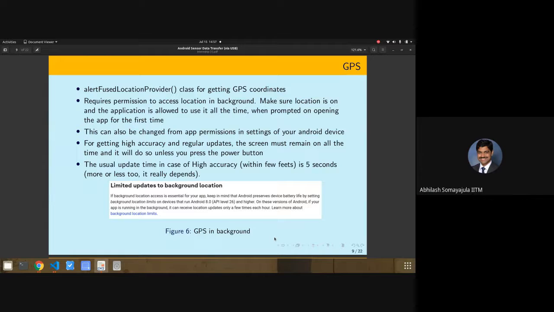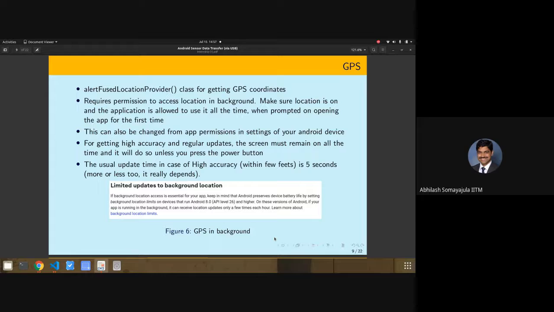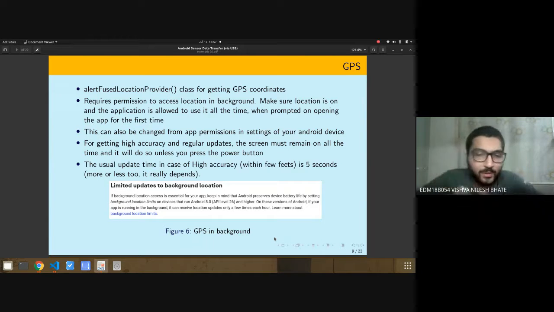So having the screen open will drain my battery less compared to wake lock, or more? Maybe that is something we may have to look at later. That thought came across my mind also. But the problem is that if your mobile phone is asleep and you use wake lock, you'll get the sensor data, but you won't get the GPS data that often, because of this internal thing by Android, which updates only a few times each hour.